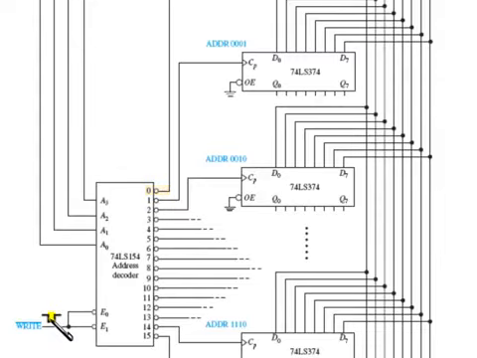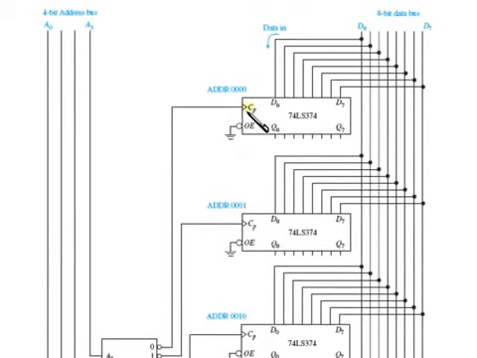Now the write pulse, when it goes low to high, that's going to trigger the clock of this D register. This is an octal D flip-flop. So that low to high right here is going to take whatever's on the D lines and stick it into this 8-bit register. Then what you do is you change the data to the new data you want for the